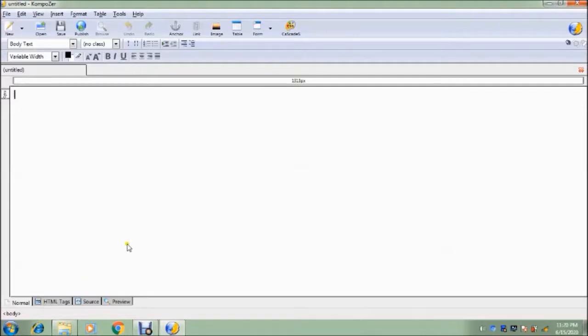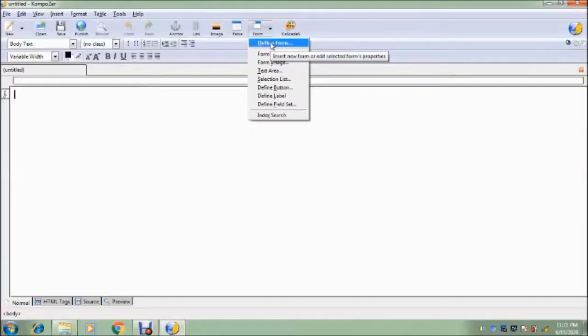Okay friends, now we will start how to create a form. If we want to start creating a form, then first thing, compulsory, we have to create a define form. Okay friends, it is compulsory to define a form and you have to do it only for the first time.